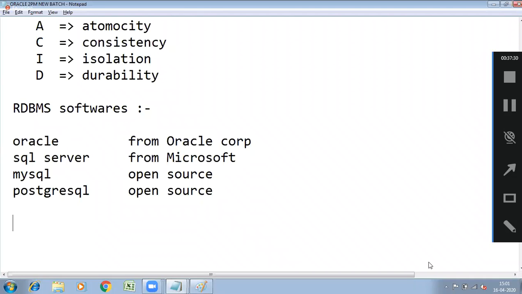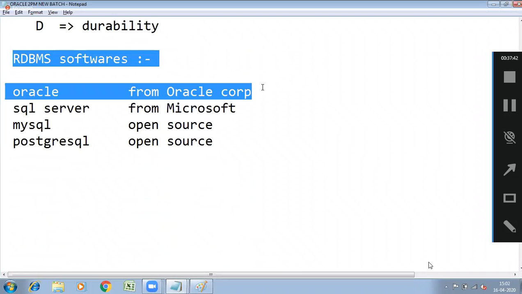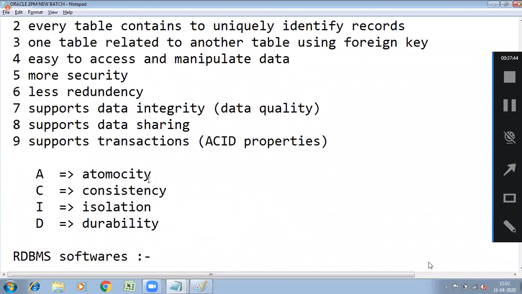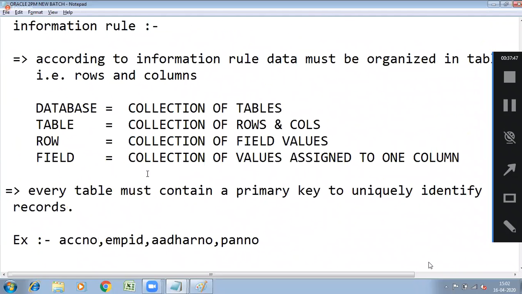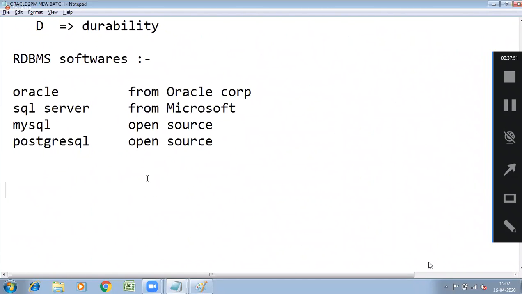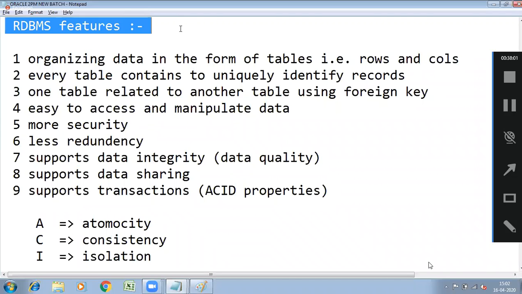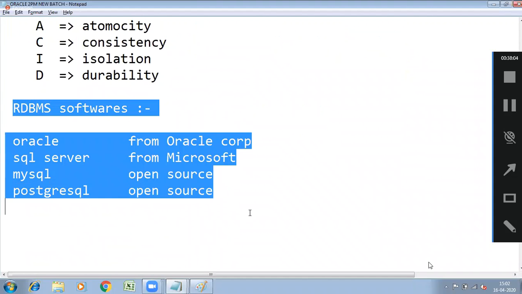Now I think you understood. If you are asked what the features of Oracle are, you can give this list, because you can apply these features to all RDBMS.